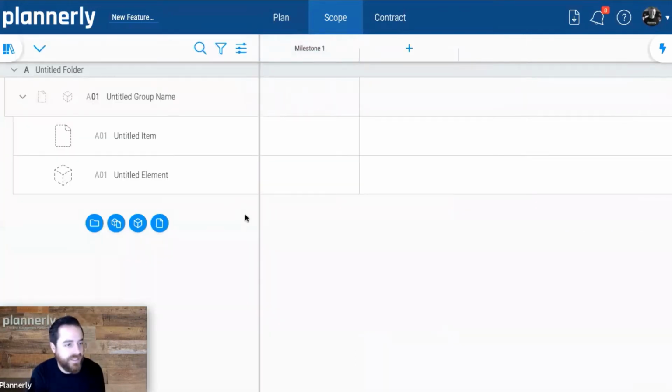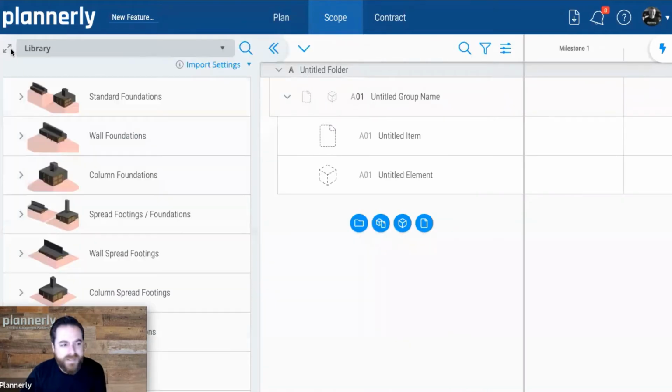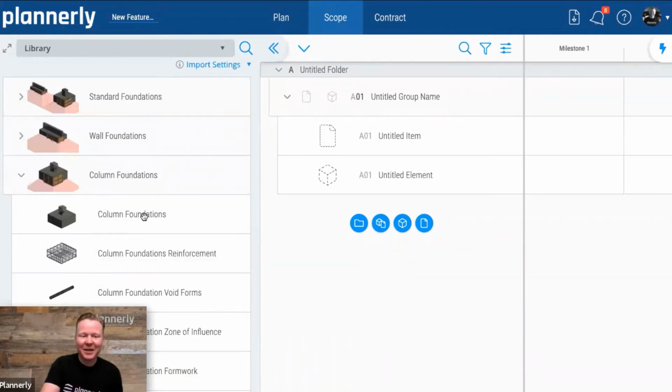Yeah, it's pretty smart too. If you drag in from the element library, any of the content, it'll just pick it right up. Or if you drag an element or item outside of a folder into another folder, it'll pick up that coding structure automatically. Yep. Did we mention the differences between an element and an item here? I think, so here, yeah, let's take, previously it was about grouping all of the elements and grouping all of the items. Now we have the flexibility.